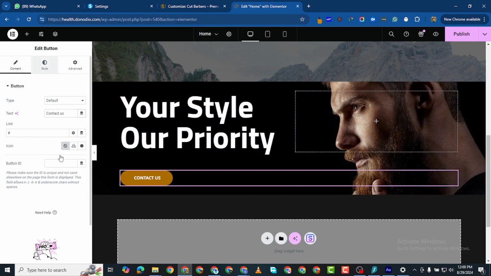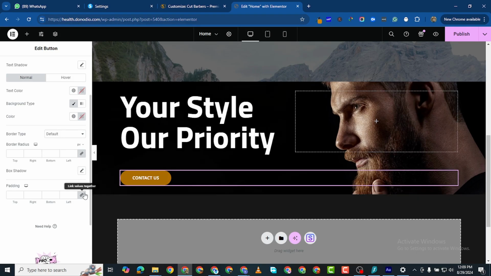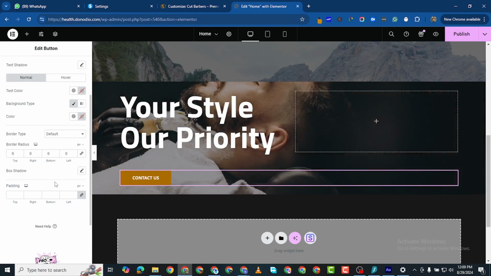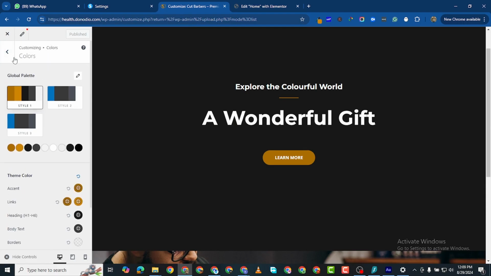And I want to come to the style tab. I'm going to add the link to the contact button shortly. And the border radius, I want to turn it off. And if I come back to this customize and I go to